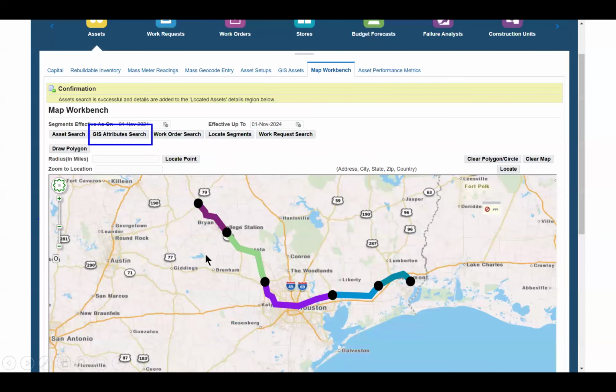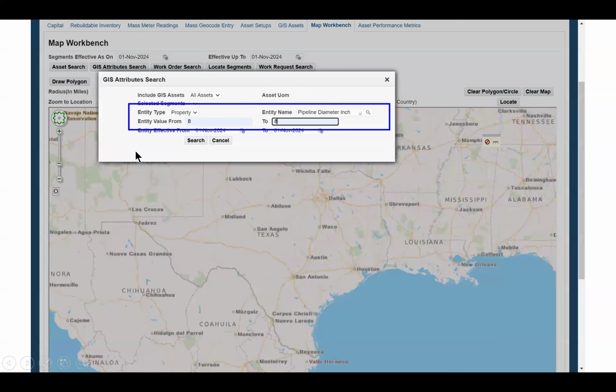Going back to my map, because there's another way to create work orders, I can create a work order based on specific attributes that I may have for any of the segments. So I've selected attribute search, and my entity is going to be a property, could be an element, but the property, and it's going to be pipeline diameter inch, and I've said from 8 to 8. So what I basically want to say is I want to see all those segments that have 8-inch diameter pipelines